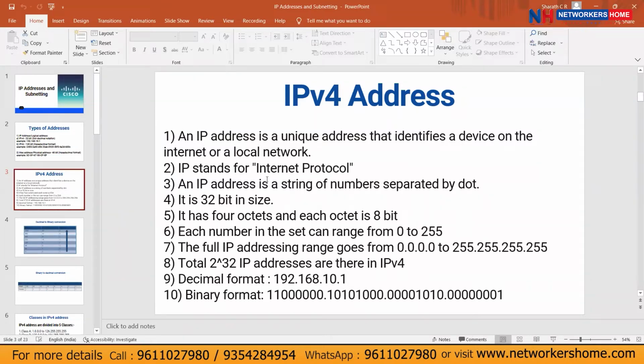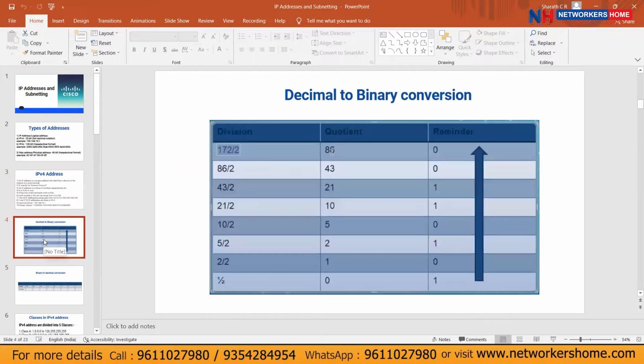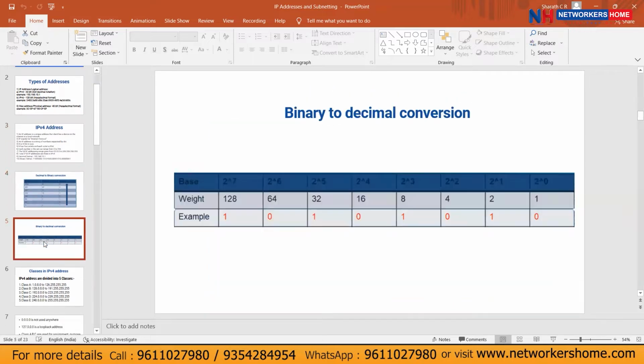This is an interview question. 2 power 32. We will be able to form 2 power 32 IP addresses using the IPv4 format. The size of IPv4 is 32-bit. Each octet is 8 bits, so each octet can vary from 0 to 255. And then we saw conversions, decimal to binary, binary to decimal.